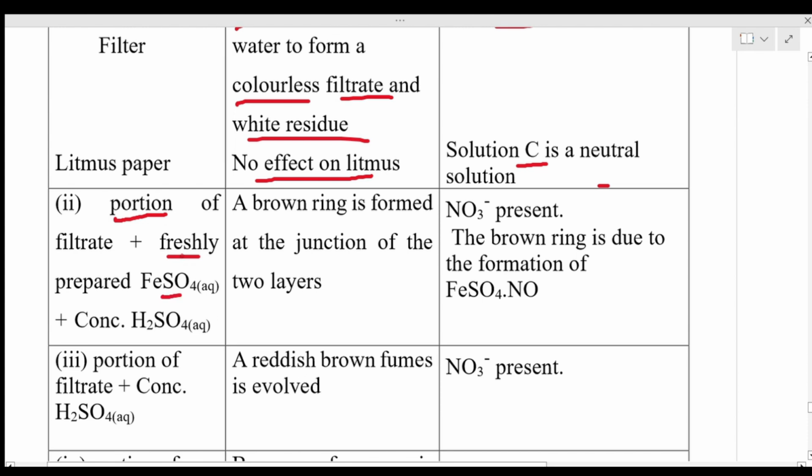There's a reason why they ask for freshly prepared Fe. If your Fe is not freshly prepared, there will be oxidation. Fe2+ will be oxidized to what? To Fe3+. When you do that and you add your conc H2SO4, please, tutors, please make sure you help